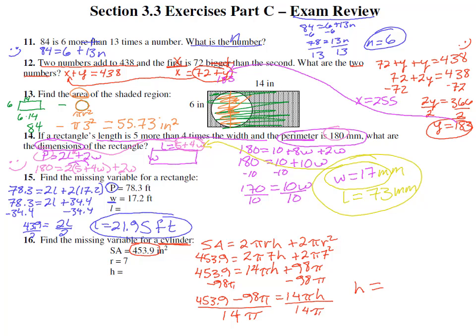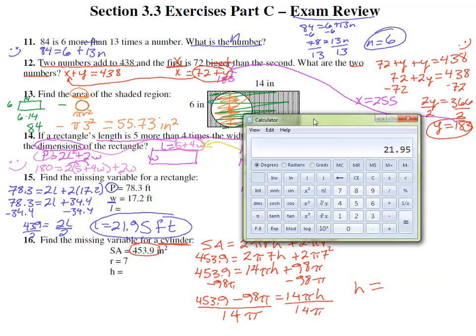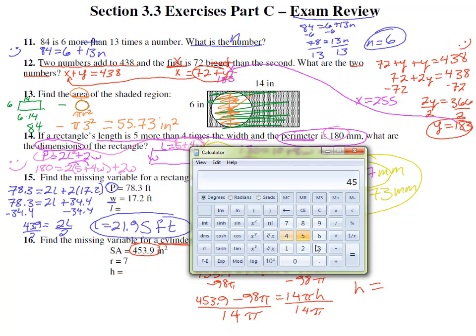Let's punch that thing in our calculator. Move it up a little bit so we can see it. We get 453.9 minus 98 times pi. Better hit equals. That's the whole top button, 146.02. That's the whole top of the fraction. Divided by, now I'm going to put parentheses in here, 14 times pi. Why do we put parentheses there? To make sure we're dividing by the 14 timesing the pi, all on the bottom, and that's 14 times pi. So we now have the top thing divided by that equals